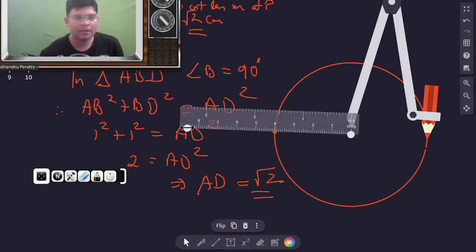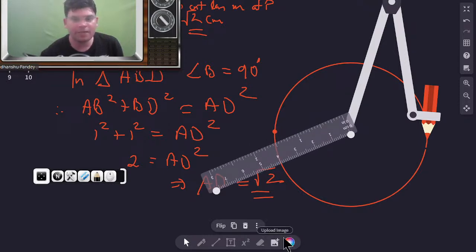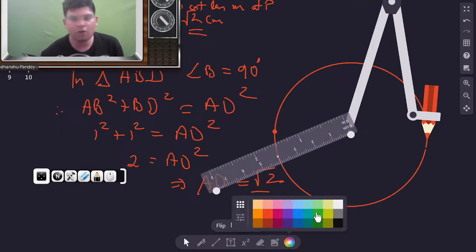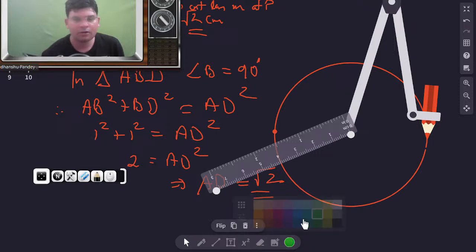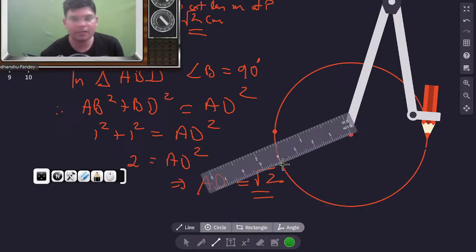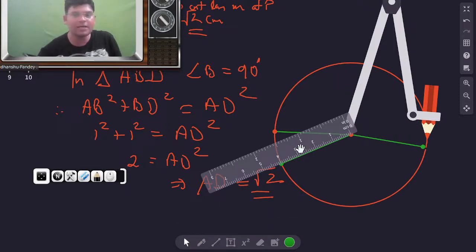Okay. If I rotate it here as well, you can see here also it is how many centimeter? 4 centimeter. Every point on a circle from the center is always the same. It is always same. Everybody getting it? Yeah. So that means if I draw a circle from here,